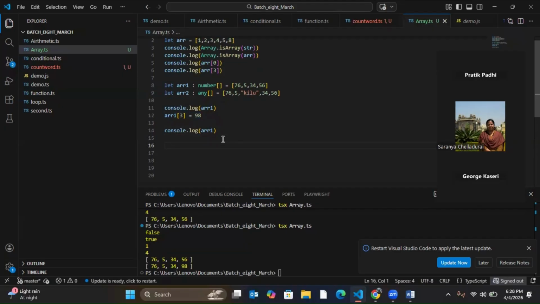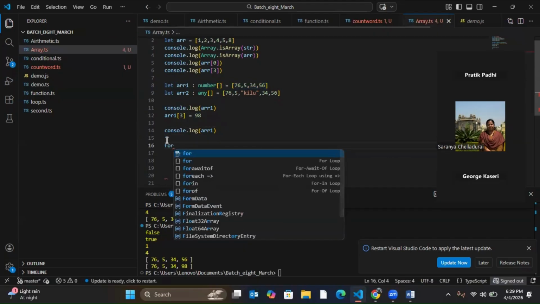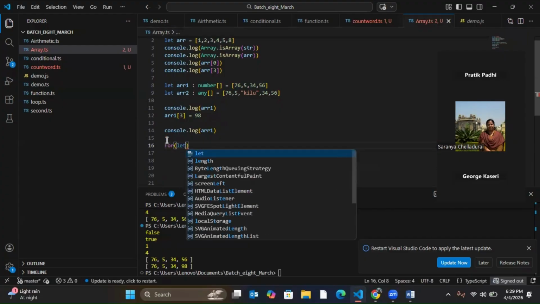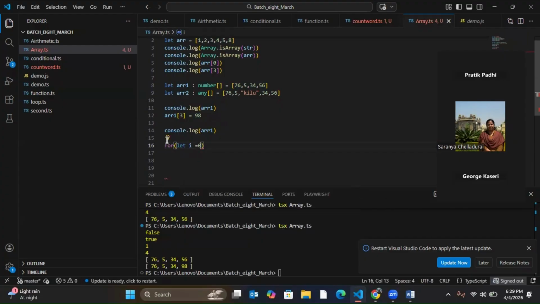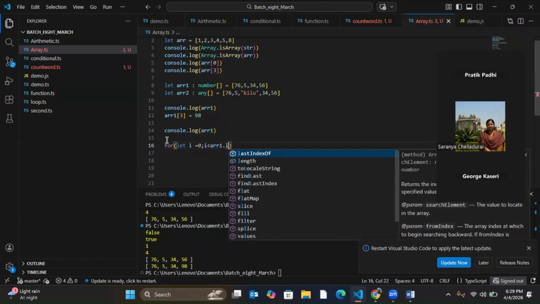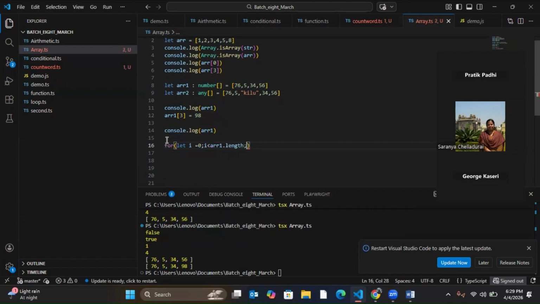In that scenario I should use a loop, which we did in the previous weekend, right? If I use a loop, I can traverse from the beginning to the last of the array. Instead of writing all four one by one, I'll write a loop and it will access all the elements from the start to the end of the array. Okay, let's see how to do it. This will be done using the traditional for loop, which we have read. i less than